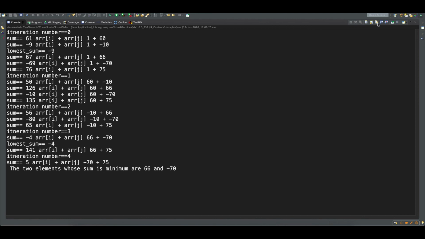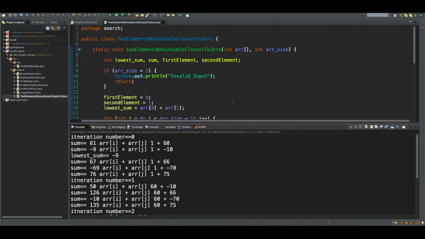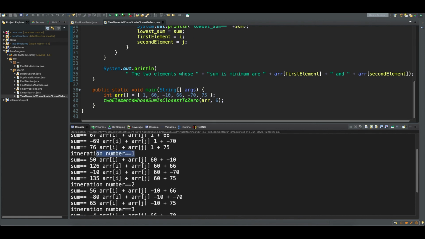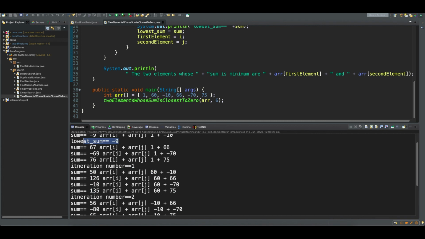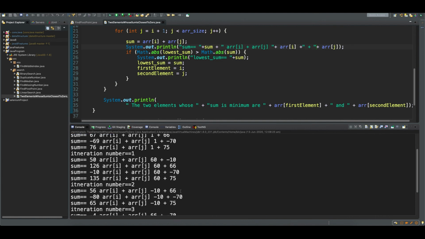So if you actually let me minimize this. So let's drag it down a little bit. Yeah, so this is your array, guys, right? And now you can correlate nicely in the second iteration. These iterations focus here. What is happening? 60, you are doing that with minus 10. We did a sum, you got all the sums, but there is no data which is lower than the lowest sum you already have, right? Because if that is the case, it will go inside, so there is no data. And we can see that in the second iteration there is no data.